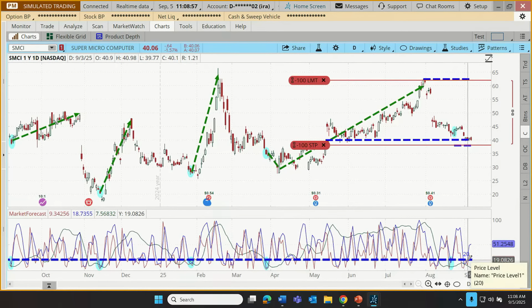But in any case, if we go forward to, what date is this? The 3rd. 9, 18, and 7. Yep, all below 20. So pretty good cluster of clusters there.